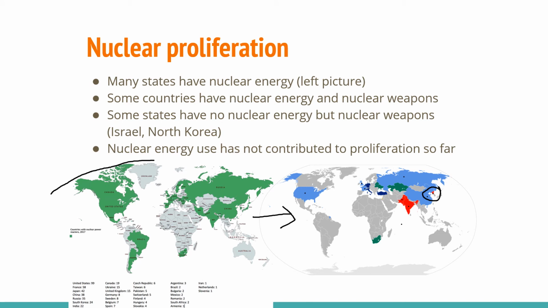Have these countries also nuclear power stations? North Korea doesn't have nuclear power at all. Some countries stopped having nuclear bombs after the destruction of the Soviet Union, and they stopped having nuclear bombs. And South Africa had nuclear bombs. Now they don't have anymore. And the countries in South America,